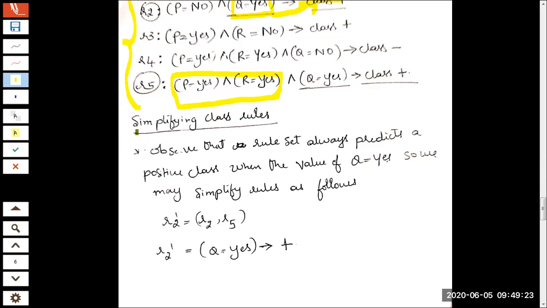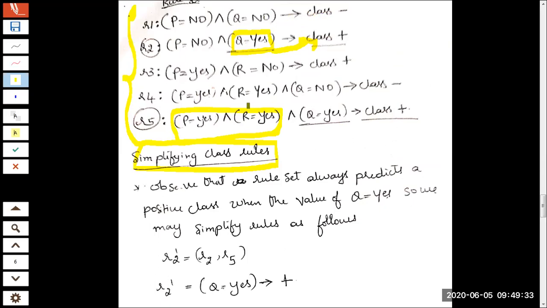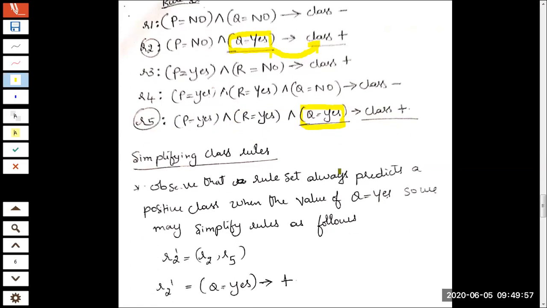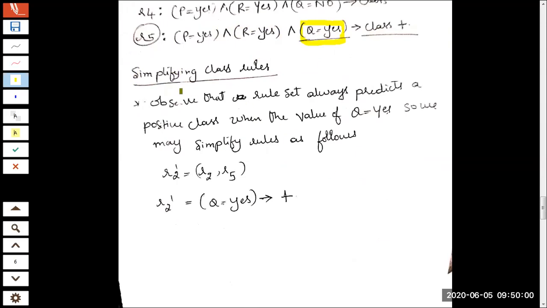This technique we call simplifying class rules. Simplifying means trying to reduce the computation by observing intelligent patterns like this example that I gave. This was just a typical example. In this example, you observe that wherever you have this in the antecedent, this is the consequent. So reduce the computation. Make your classifier better by reprogramming it to adapt to this situation. This we call simplifying class rules.